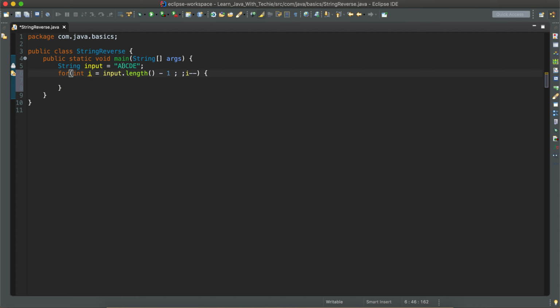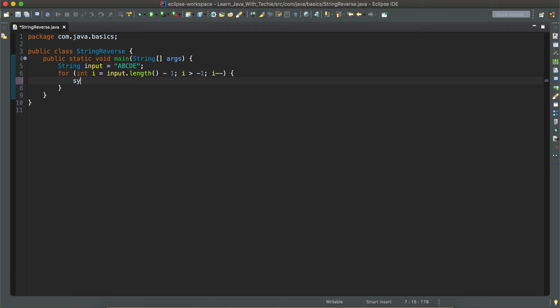All the way till 0 we have to go. Once we have reached 0, we come out of the loop. So the condition to continue the loop is i greater than -1. Once it has crossed the value of 0, we end the loop.